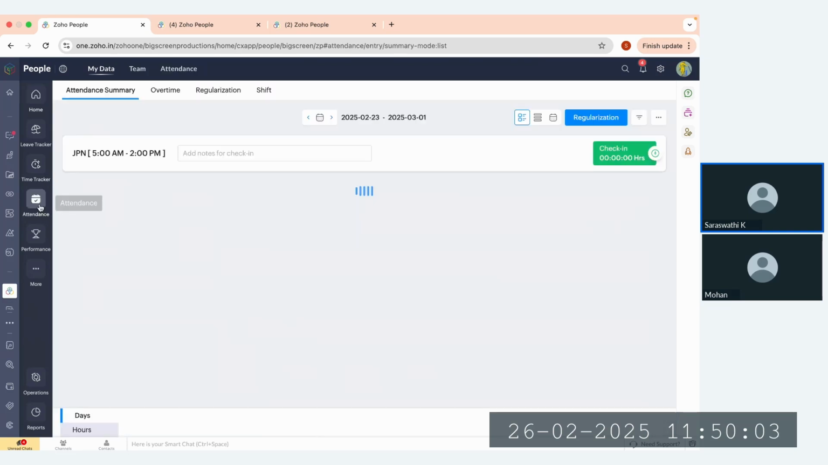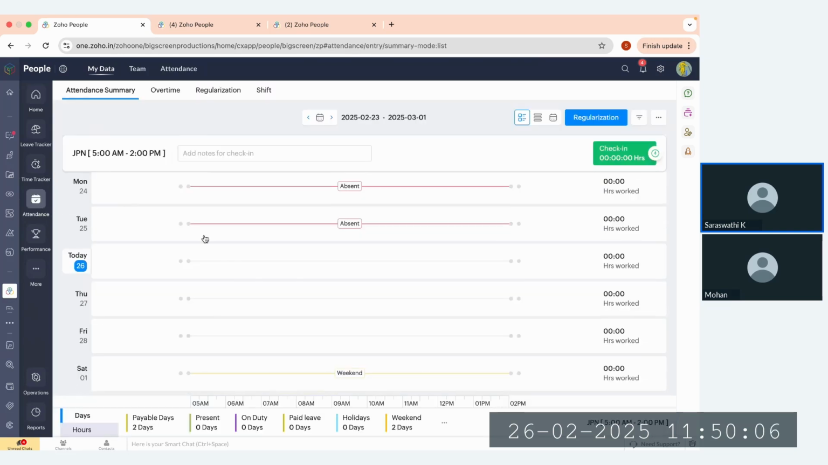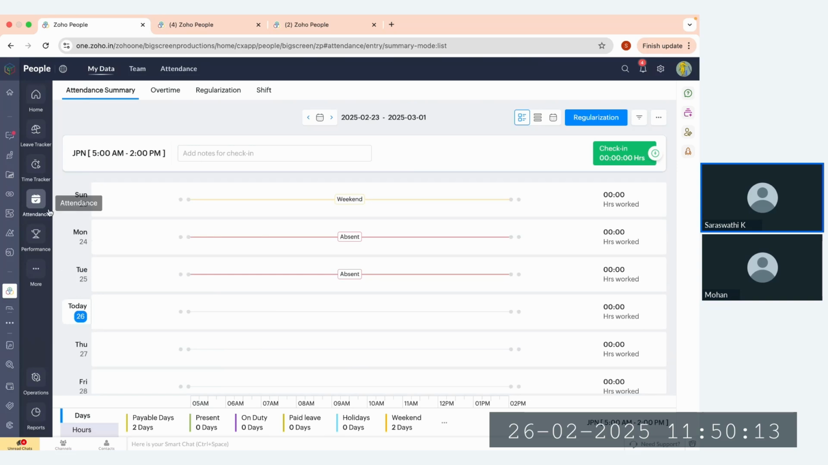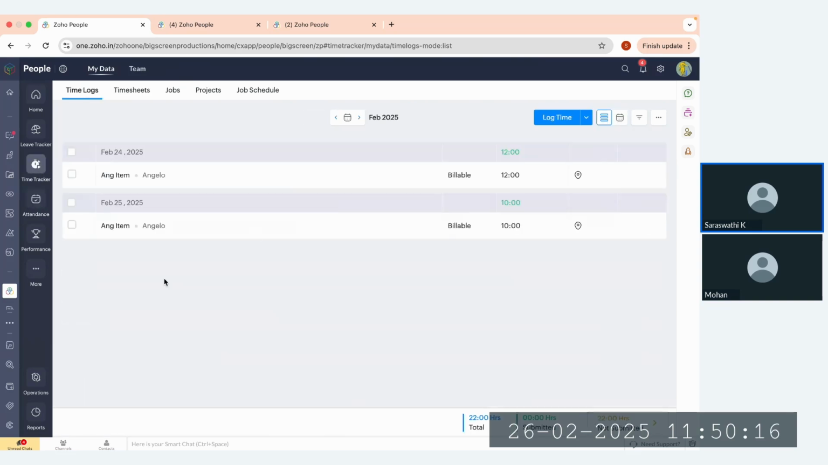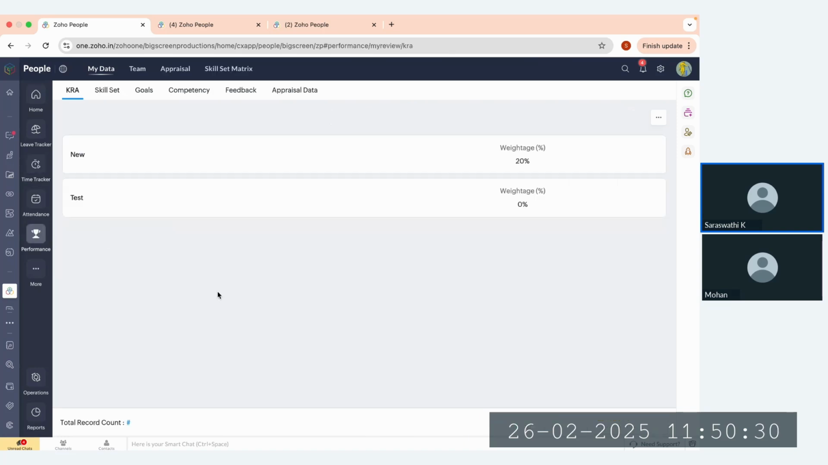First we do have attendance management. Here employees can conveniently check in and check out and review their attendance record in real time. And in the time tracker section, employees can log time for daily tasks, jobs, or projects. This feature allows efficient tracking of productivity, ensuring that work hours are well accounted for. And in the performance management section, employees can stay on top of their goals, KRA, and objectives, ensuring that they are aligned with expectations and